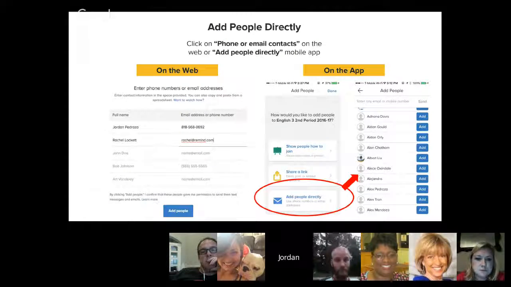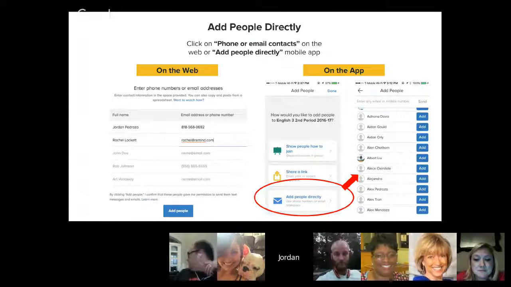Now, for adding people directly, this is new. Oftentimes we hear that it's challenging to get everyone in your class. Well, now we've added a feature where you can automatically add people in if you have their names and email addresses or phone numbers. So how you access this, if you're on the web or on the mobile app, you